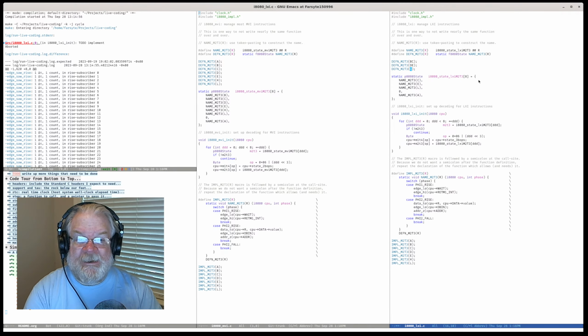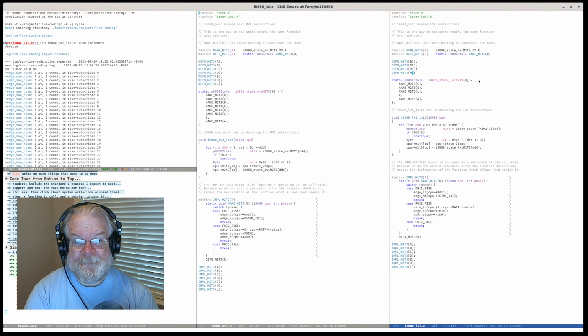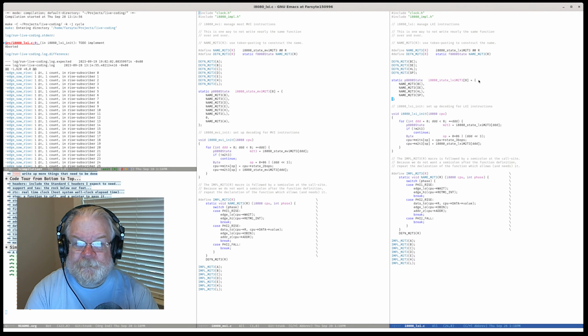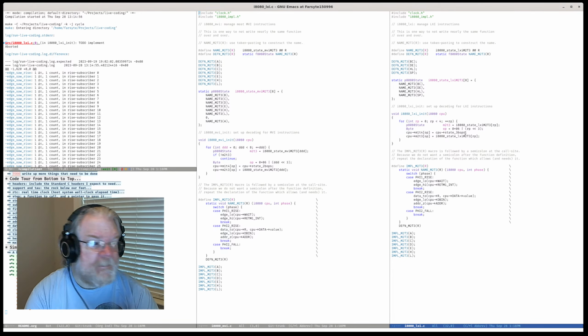B, C, D, E, H, L, SP. Okay. DDD becomes RP. It only goes up to 4. It's LXI M2T3 of RP. All of them are set.